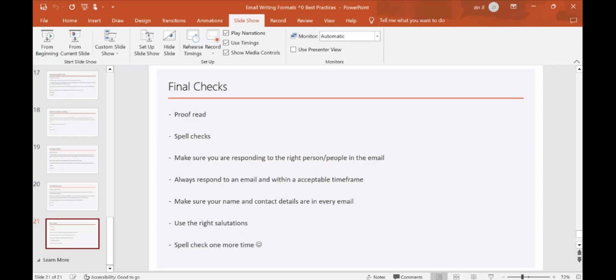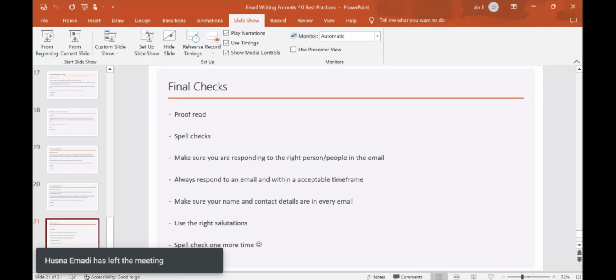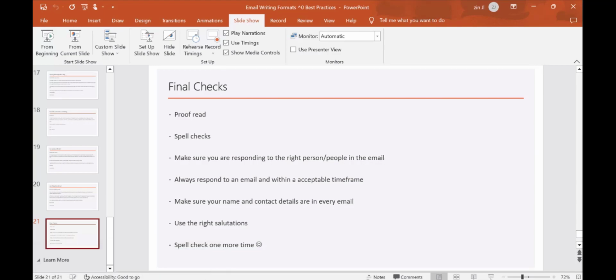But say someone said, please provide a reason for your leave, and you've seen your line manager or your HR manager in CC, right? You want to make sure that the HR manager knows the reason. I'm like, yes, this is the reason I want to request leave. Hope this can be approved. Okay, reply all for that is fine. But in certain situations where you feel that you need to speak to that person or have a one-on-one before you dive into that whole big exchange of emails, just hit reply. So always make sure you respond to the right person.